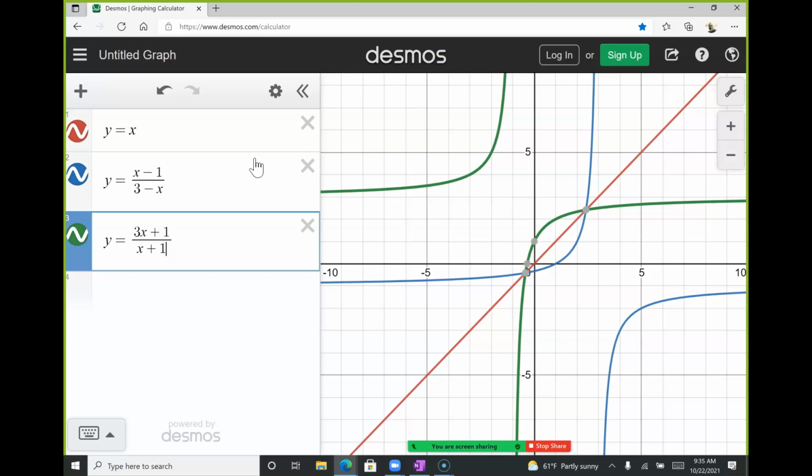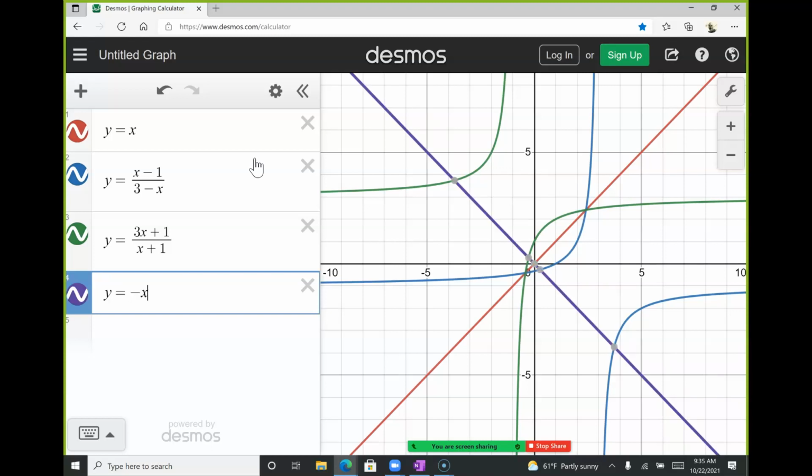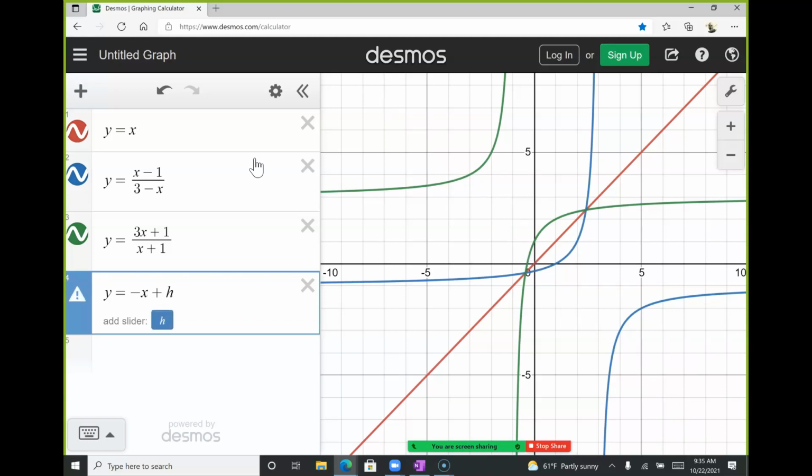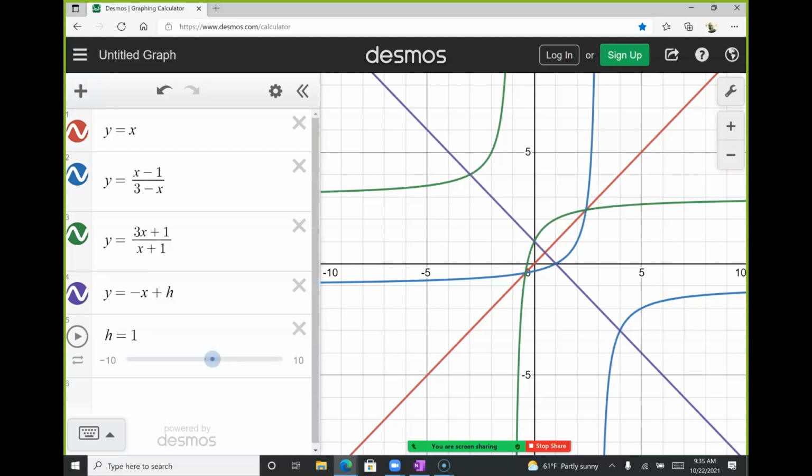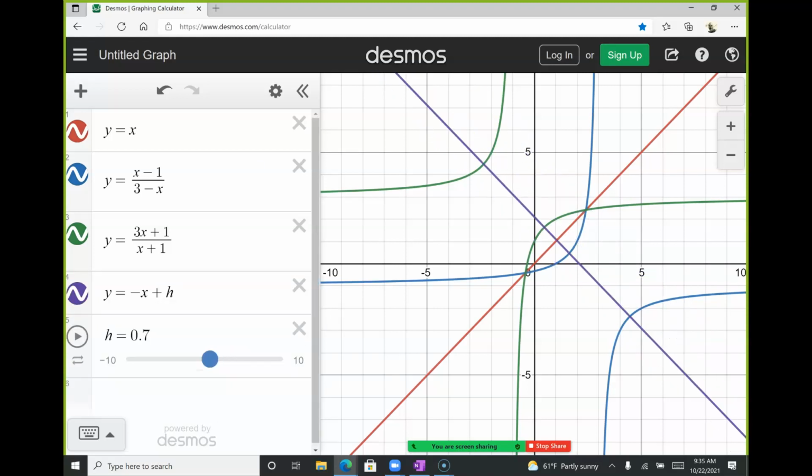What's nice is if I put a perpendicular. Anybody know the equation of the perpendicular line to y equals x? Is it y equals negative x? Nice. So I'm going to do negative x plus h. So I get a little slider here. So now I can move that perpendicular line anywhere I want. But you can see, like if I pick 2